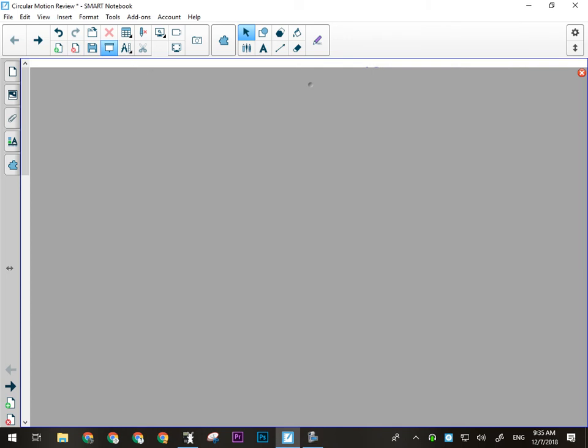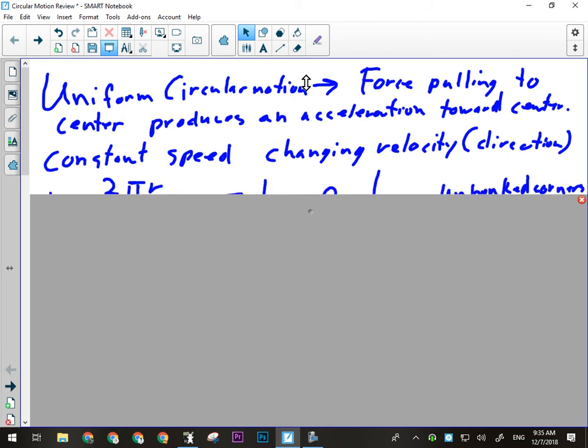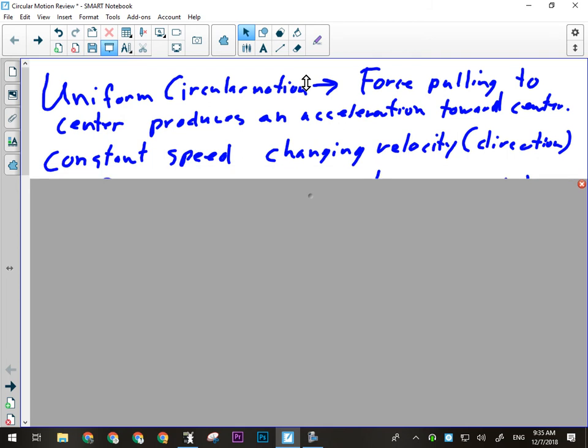So we're going to go over the key points here from Unit 3, okay? Talk about what kind of things will be on the test, that kind of thing. All right. So the first thing we went over in this unit was kind of the principles of uniform